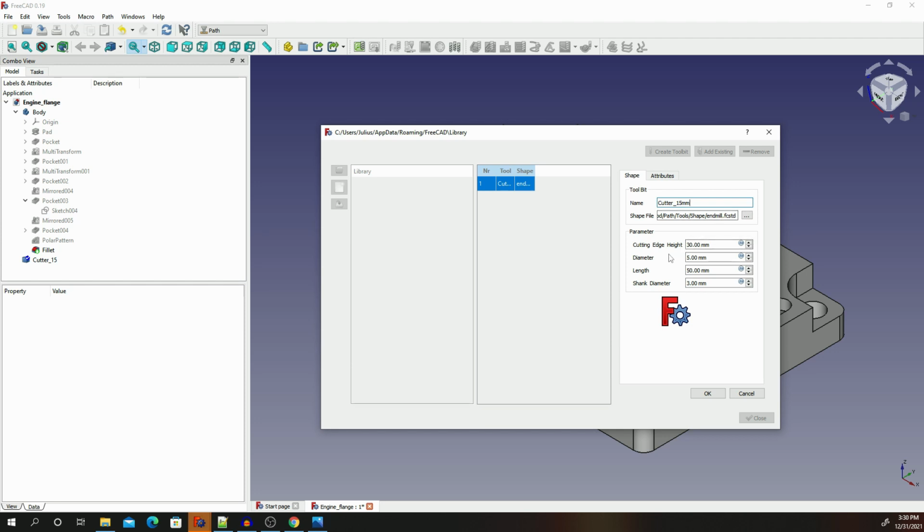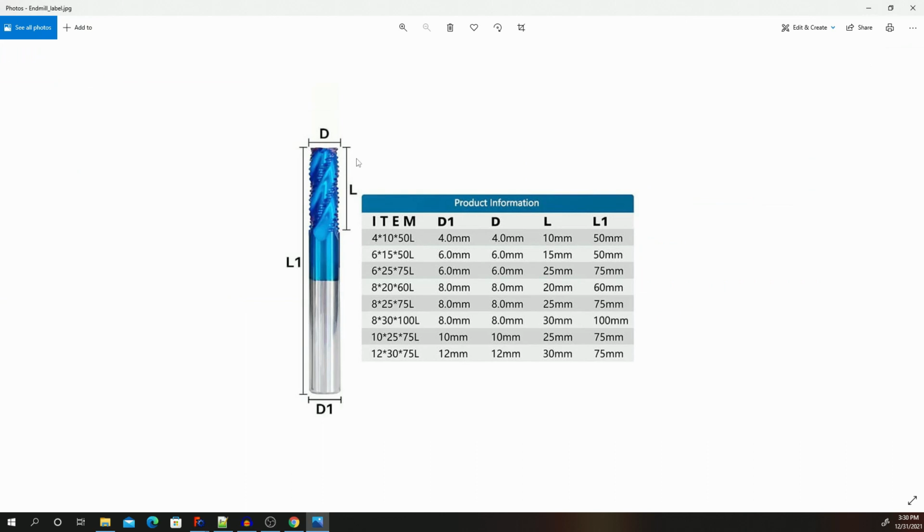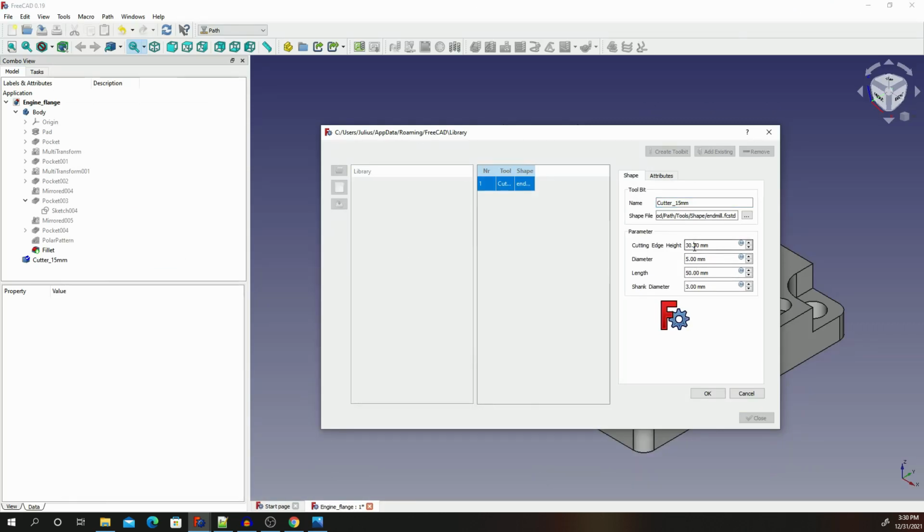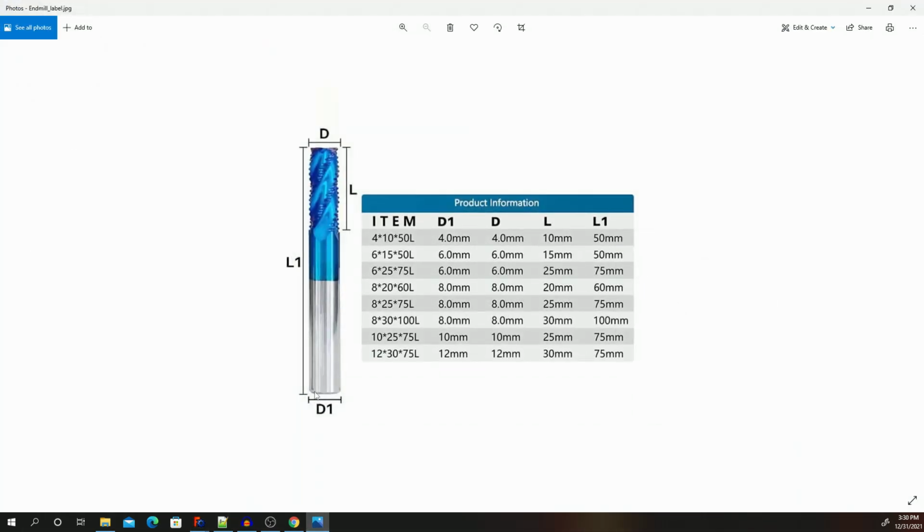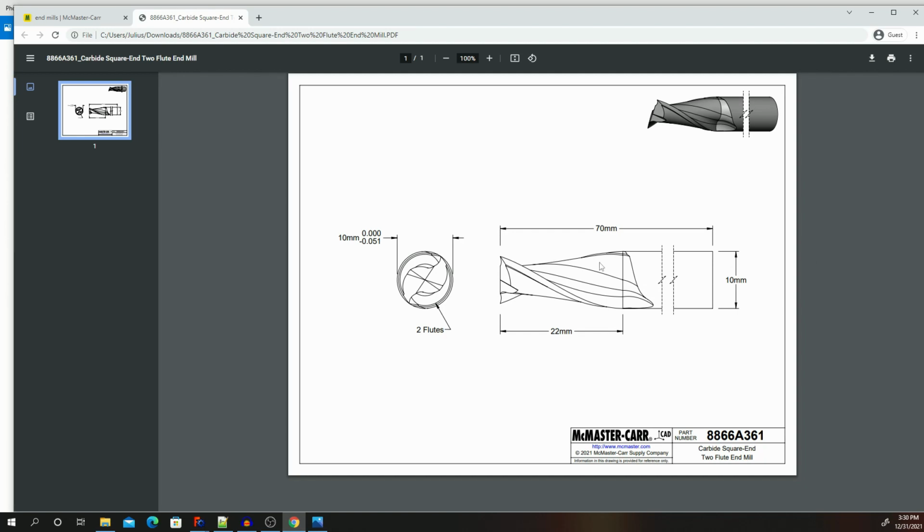And then you determine the cutting edge height. So if you go back to our image, L1 is the cutting edge height. We could take it, let's say, as 30 millimeters, so we can leave it at 30. If it's a 15 millimeter tool, you change the diameter here to 15 millimeters. Then the length of the tool could be 100 millimeters, 60 millimeters. It depends on what you're going to get from